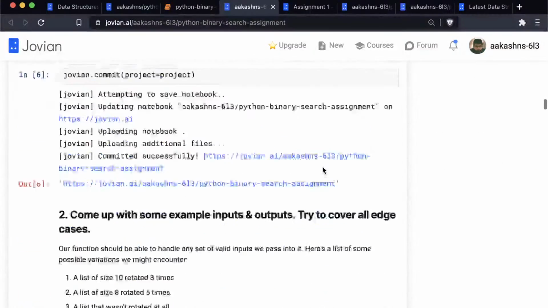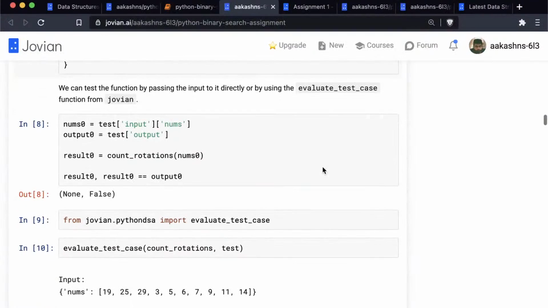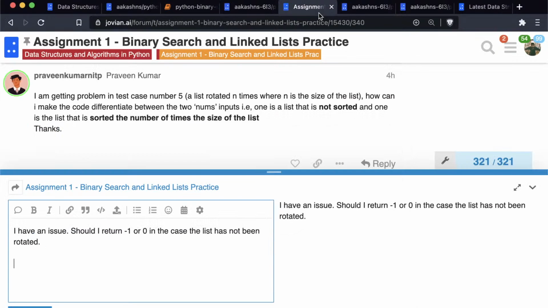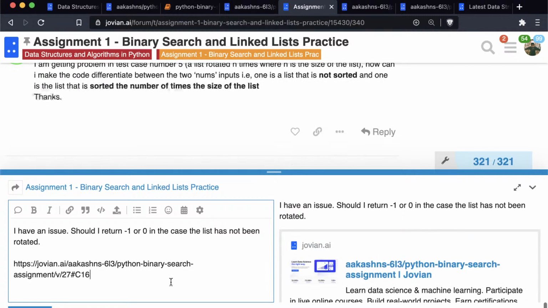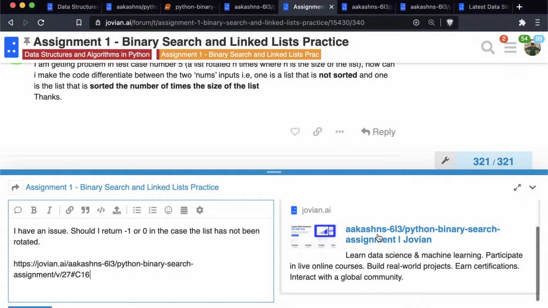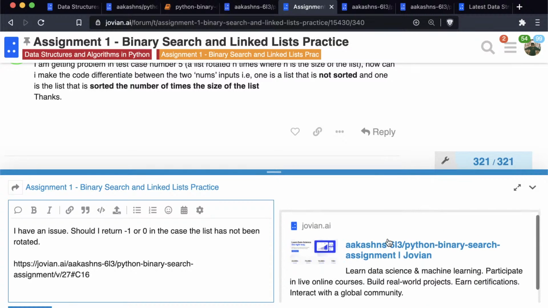And if you have a particular line of code that you want to share, you can actually click copy cell link and paste it here. So that will give a link to the entire cell. And if somebody clicks on the link, then they can view that specific cell of the notebook directly. Let's see.